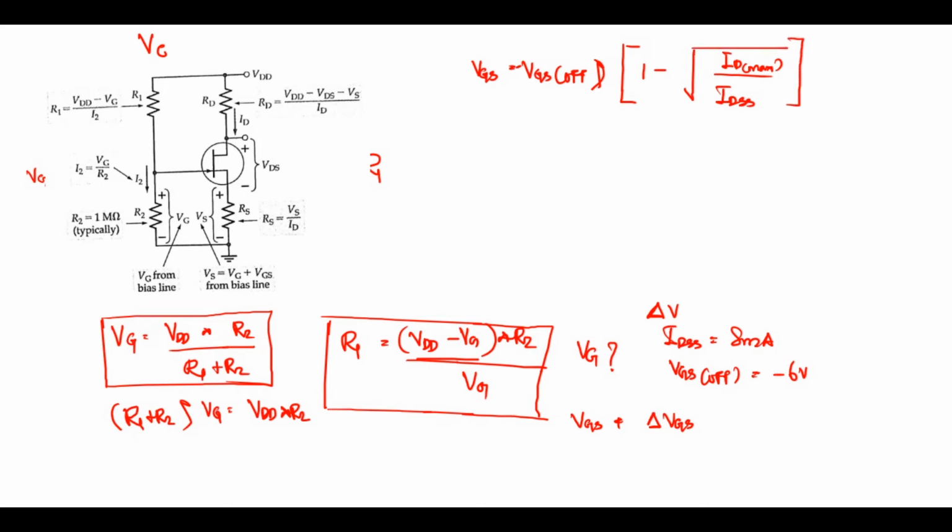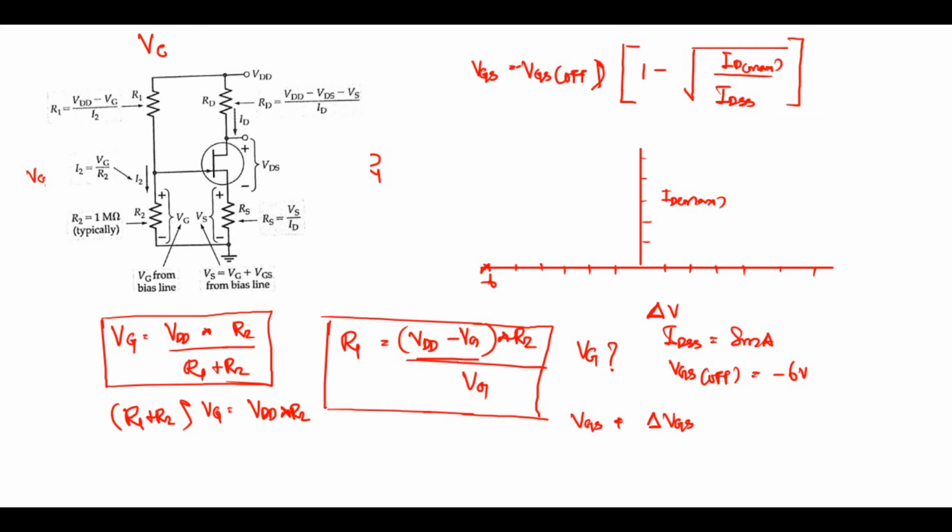So the graph which we have seen already, I will draw the graph again. The graph was starting from here, let us say it was starting from minus 6, 5, 4, 3, 2, 1, 0, and let us say 1, 2, 3, 4, 5, 6 and so on. Here it is 1, 2, 3. So ID max is like 3 milliamps and 4, 5.